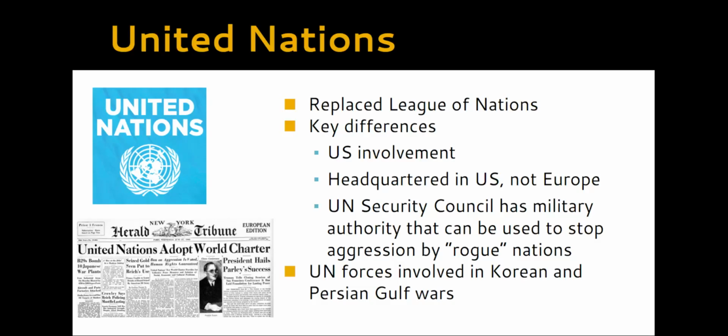One consequence of World War II would be the creation of the United Nations. They are kind of replacing the League of Nations. Remember, we talked about that as a consequence of World War I. There are a few differences, though. Number one, the United States is actually going to sign up and be involved in the United Nations. They did not join the League of Nations. And they are also hosting it. They're headquartering it in the United States and not in war-ravaged Europe. This is a huge deal for the United States. We're talking about them shifting into being a central world power outside of Europe.